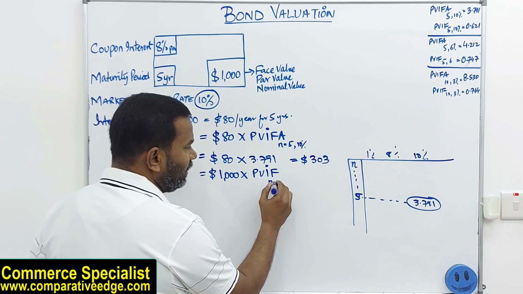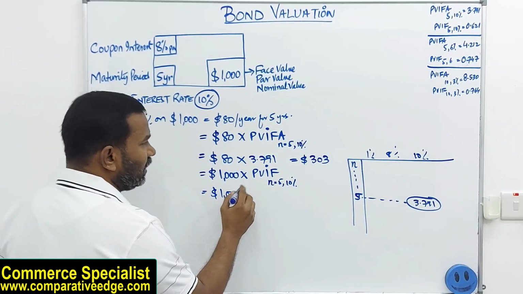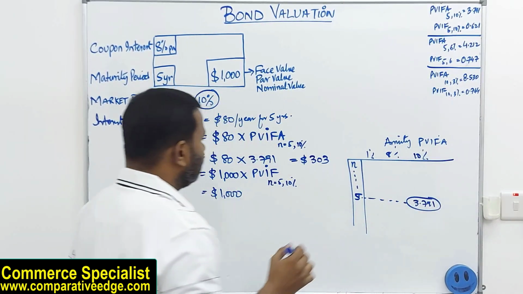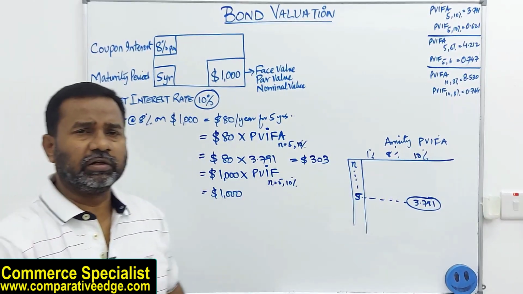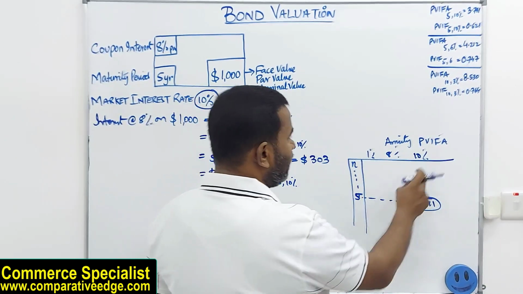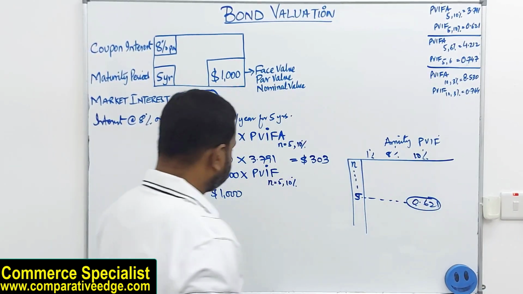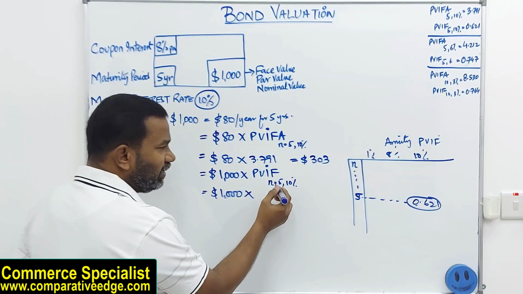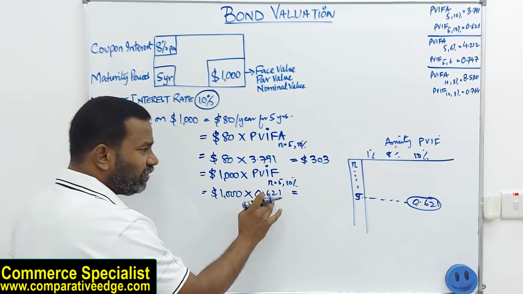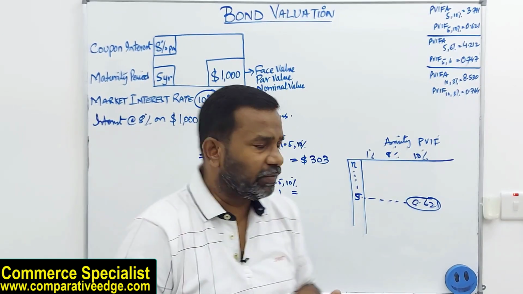So this will again be n is 5 and we are talking about 10%. This table was for annuity, which is written as present value interest factor of annuity. But now you look at another table which is just present value interest factor, the normal present value of $1. So if I check the table, likewise I will look for 5 years and under 10%, but if I'm looking at just present value, not the annuity, the value is coming to 0.621. So when I multiply 1,000 by the present value interest factor, I'll get the present value of this 1,000 which I'm going to get after 5 years. I need to know how much it is worth today. So it's worth today